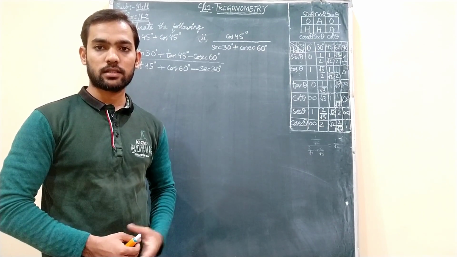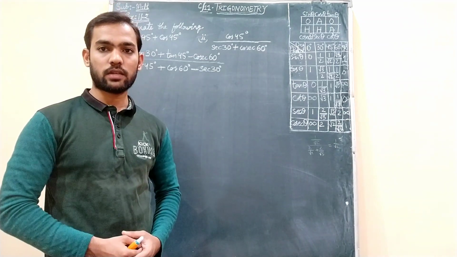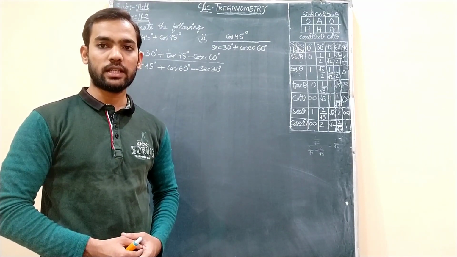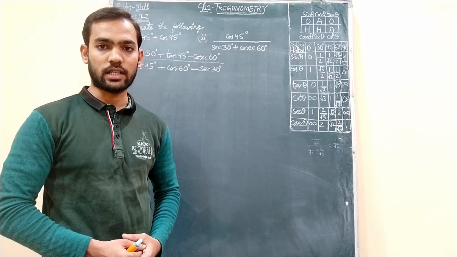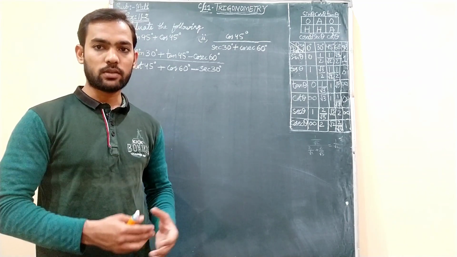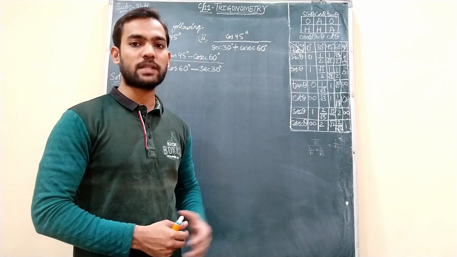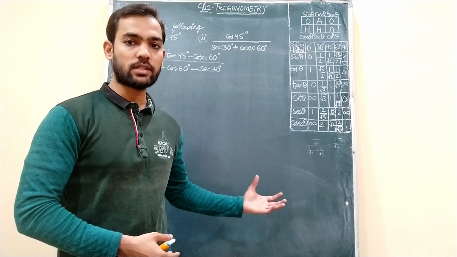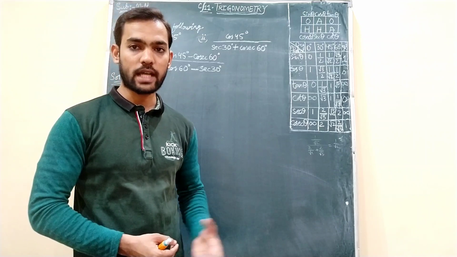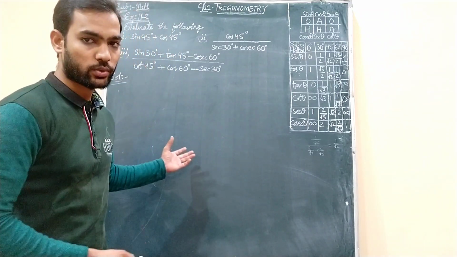In our last videos, we have completed exercise 11.1. Now in today's session, we are going to start exercise 11.2. In my last video, I said we are going to see the different categories of formulae that we have not studied yet. But it will be good if we see those formulae after the completion of exercise 11.2, because this exercise depends completely on the trigonometric ratios of some specific angles. Once we complete this one, we will go for the new formulae and the problems related to them. So let's proceed with exercise 11.2, question number 1.